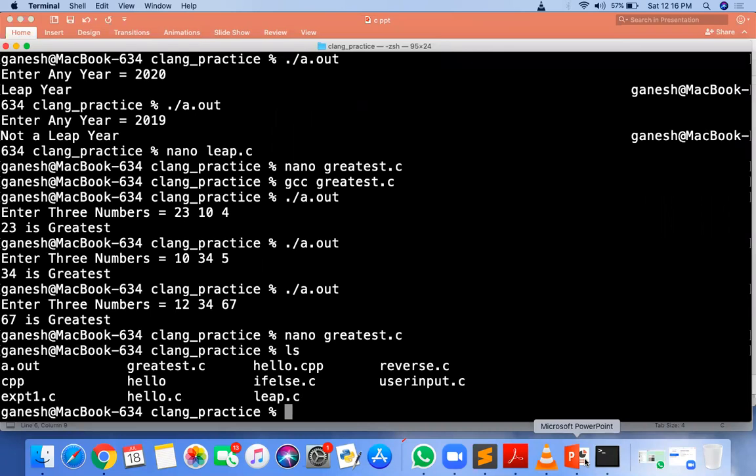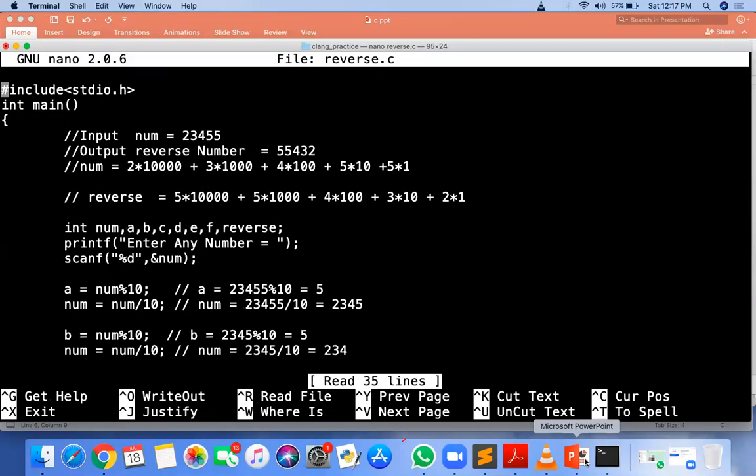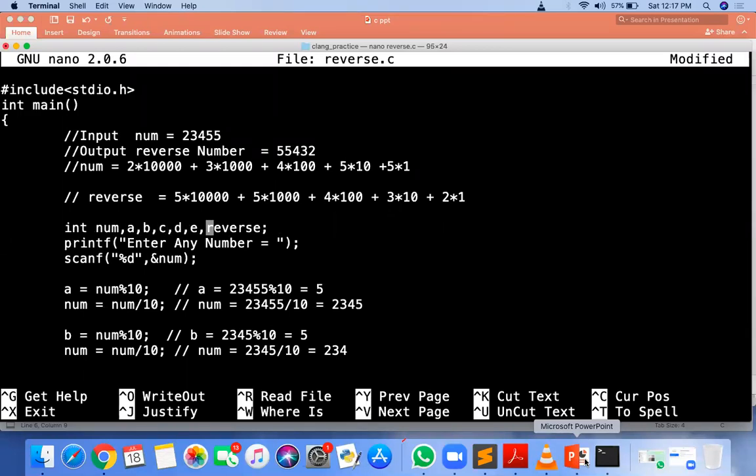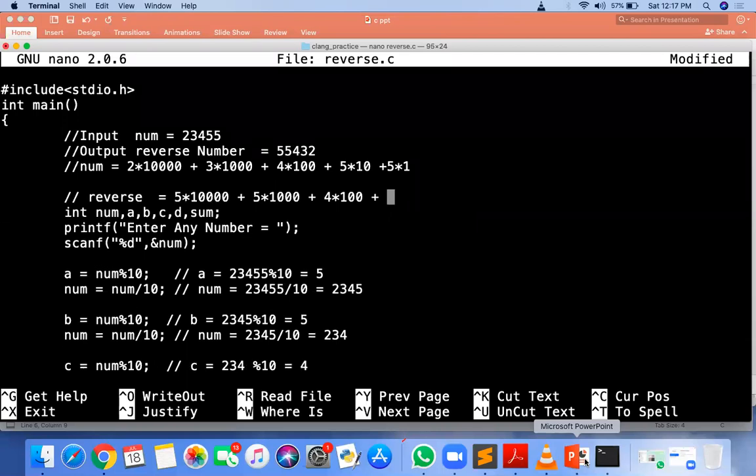Okay, so I'm modifying the same program ABCDE. You have taken a 4-digit number.